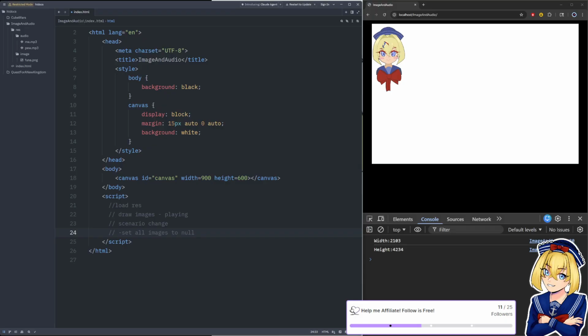So we are pretty much done with the JavaScript HTML section. We're going to move on to the Java section, and we will try to load audio and images in Java. I just realized I might have made an oopsie with our audio files, but we will get there in a second.